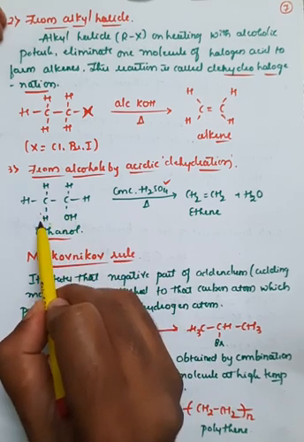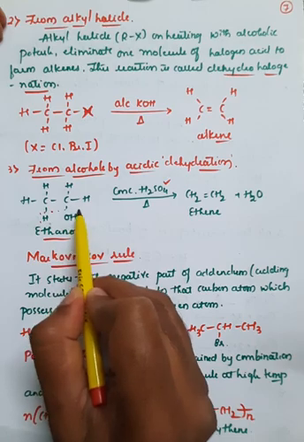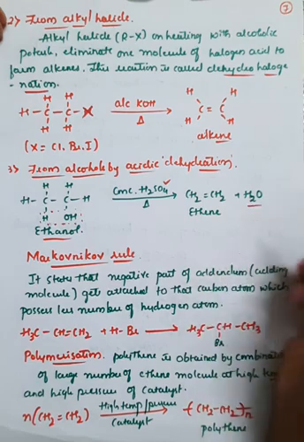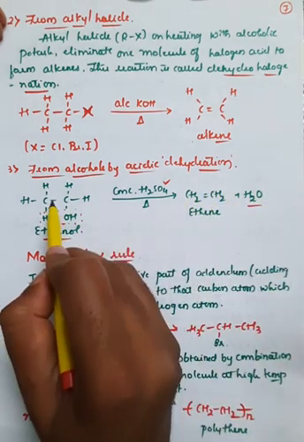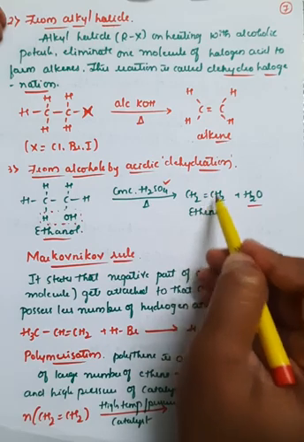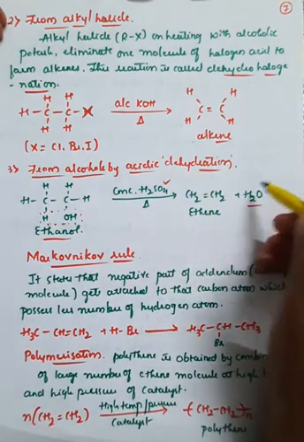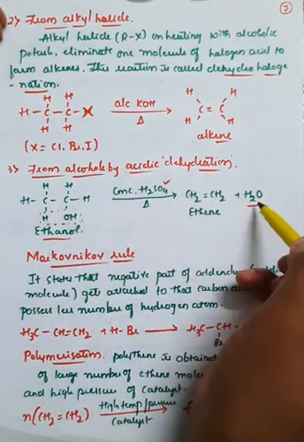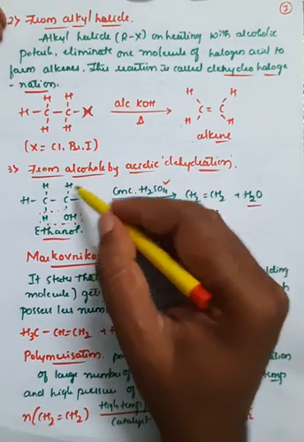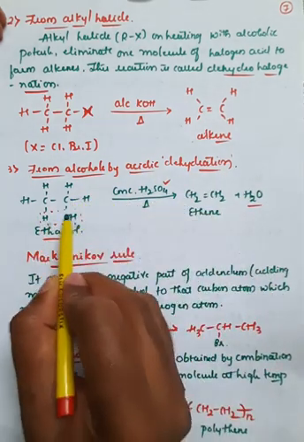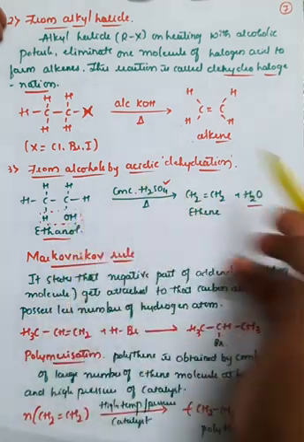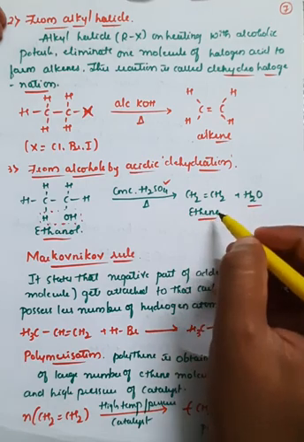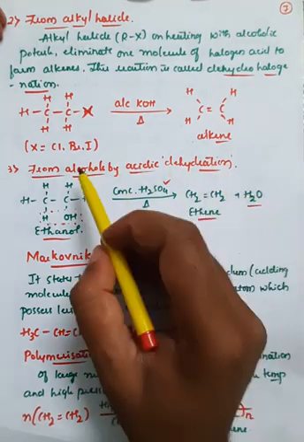Due to the removal of this water molecule, what happens? The hydrogen and the hydroxyl group combine and convert into a water molecule as a side product, and there is a formation of a carbon-carbon double bond. This single bond is converted into a double bond, and this reaction is called dehydration because we have removed the water molecule from the ethanol. We have removed hydrogen from one carbon and hydroxyl from the other carbon. So it is converted into a water molecule as a side product, but our aim is to prepare the main product, that is ethene. So alkenes can also be prepared with the help of alcohols.